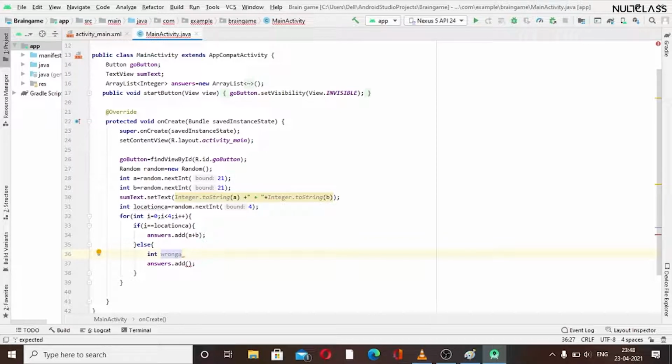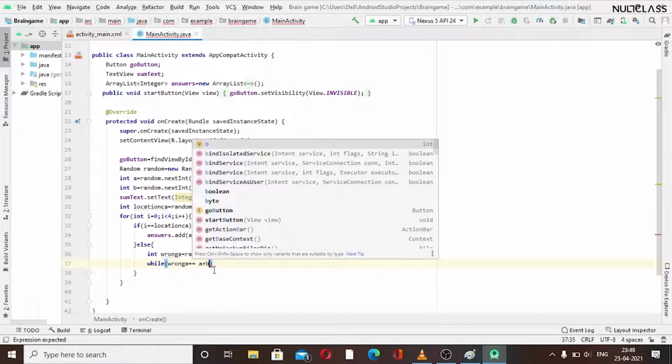I will write another variable here, which I will call wrong answer. That will be the wrong answer location, and I will generate it with the help of the random number that we have written. We will check with an if, or we can use a while loop here, that this loop should run till the wrong answer is equal to a plus b.